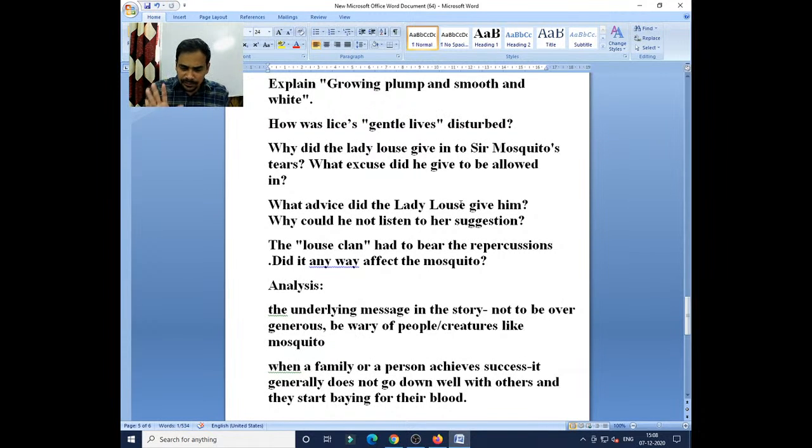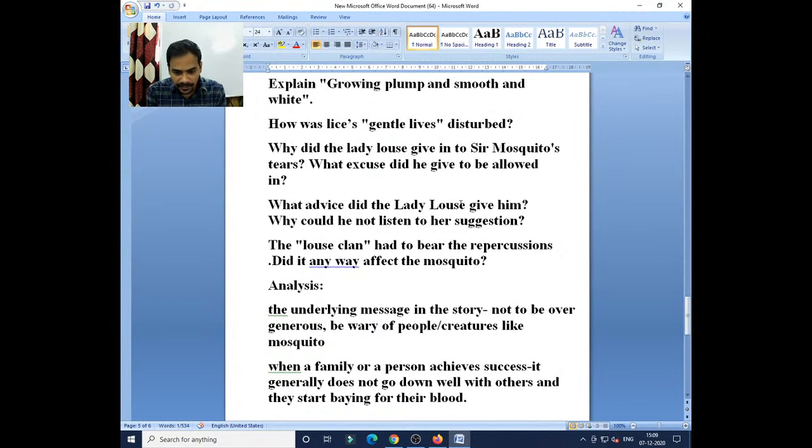Today I am not teaching you the poem, just a few discussions I am having with you, so that you will get some idea, so that today you can sit with the poem, read it out, and tomorrow come prepared, so that we can explain the rhyming scheme and other devices which are used in the poem, and the line by line explanation of the poem we will make tomorrow. I am only discussing a few things today, just to make you